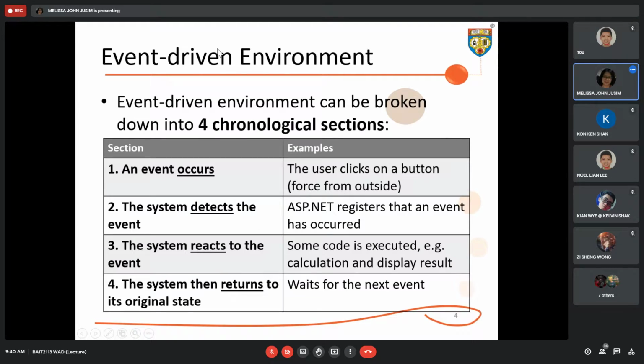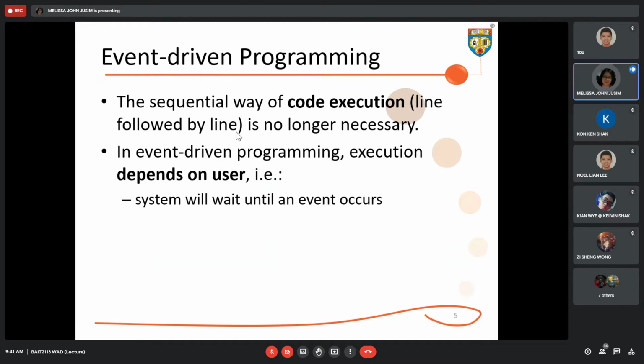It will refer to the four chronological sections: wait for the event to occur, and then this will happen. This is how it will be executed. That's why we say this is four chronological sections. For procedural programming, like C programming, it will be line by line.